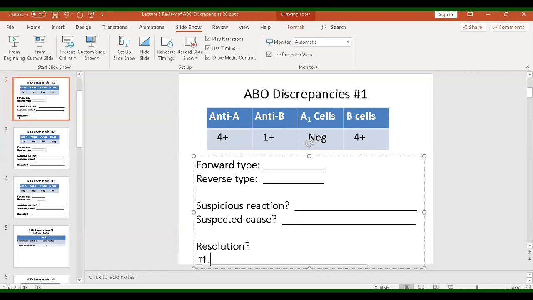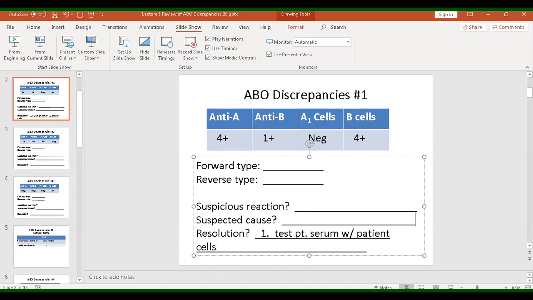One thing we can do is test patient serum with patient cells. And we call that autologous testing. Okay? So here's why we're going to do that. If we take 2 drops of the patient's serum or plasma and add that to the patient's own 3 to 5% red cell solution, they should not auto-agglutinate, because they really do not have an